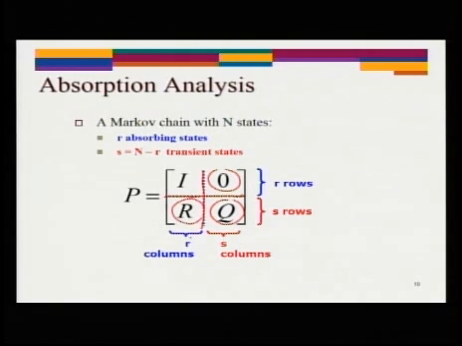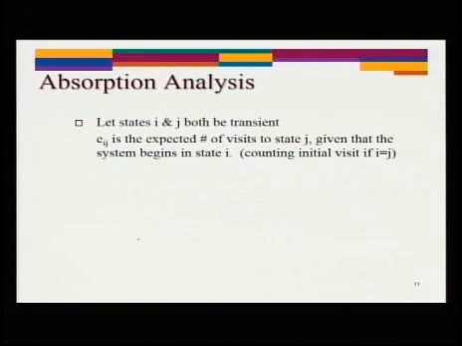Okay, keep in mind that Q matrix consists of only the transient state. Okay, and R matrix starts from transient state and then ends up with absorbing state. Okay. So once you have that matrix partition like that,